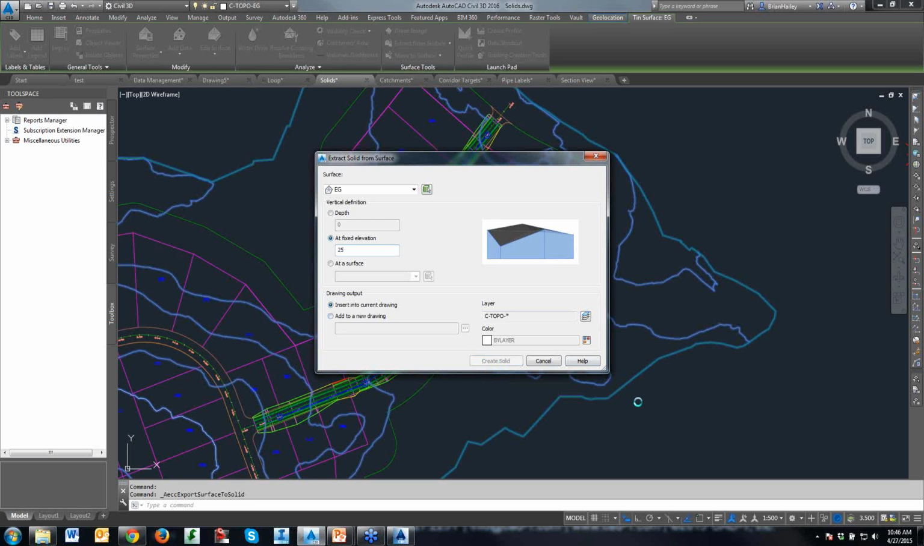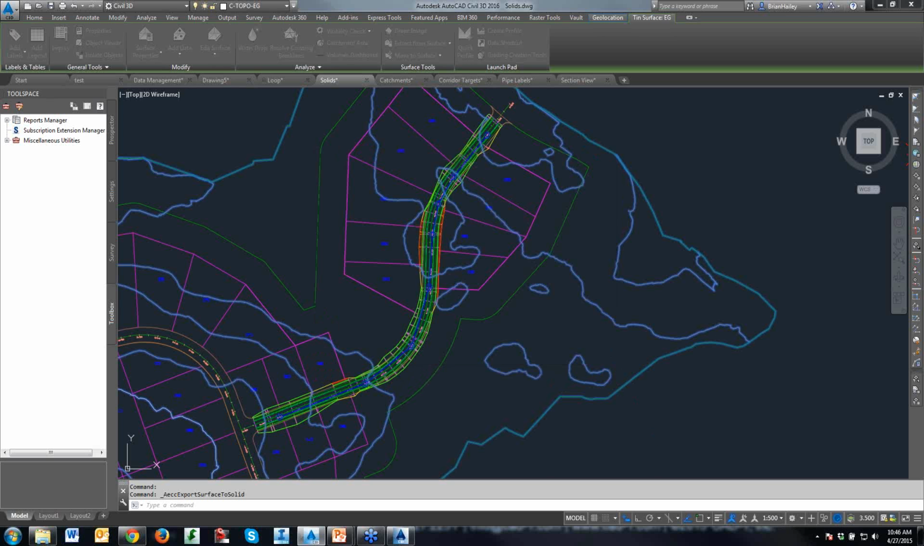Create my solid. It's thinking. There's a lot of math going on here. It's not better than doing it by hand. That's true. While we're on the topic of creating a solid,